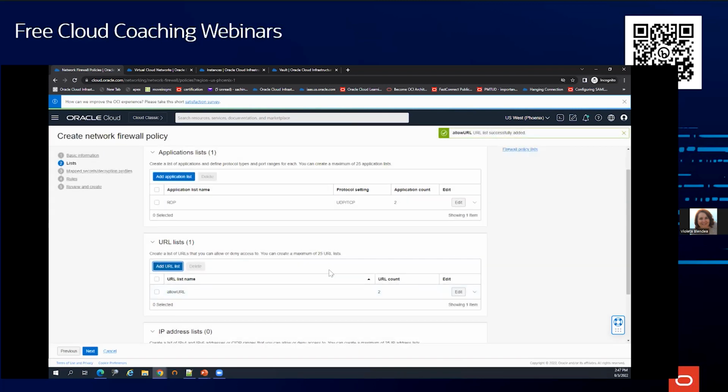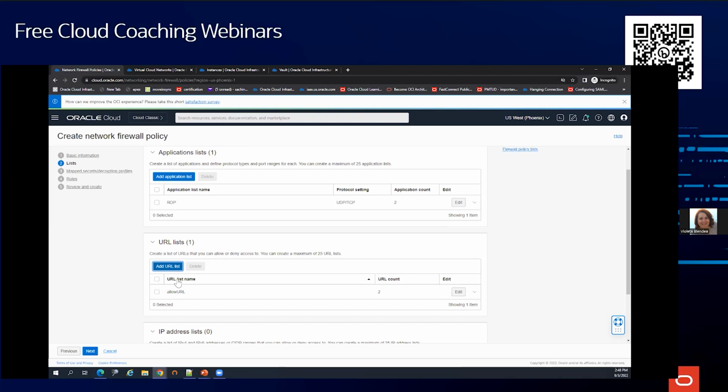Now I want a URL to be denied. By default everything is denied, guys. If I don't create a deny URL list, and I allow only these URLs in my rules, by default every other URL is denied. But I'm going to create a deny URL list here, because that will be logged.